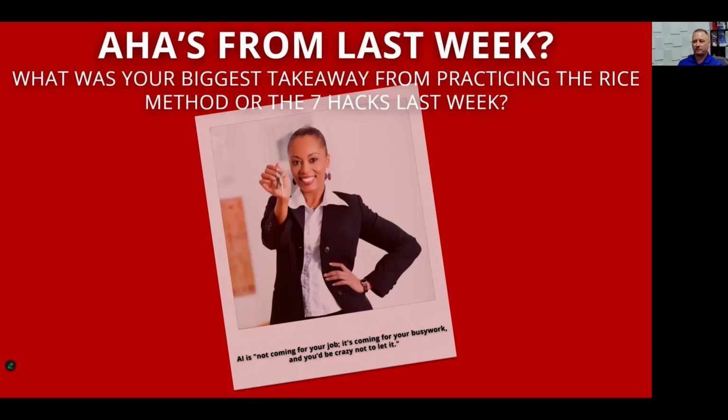Sometimes, especially if you're going to write them all out long like this, again, we're going to go into some future stuff, not today, but on October 7th, we're going to be starting the 202 level classes, and we're going to go into some stuff that will help with that. So you don't have to write this stuff over and over again, especially within the RICE method. We're going to show you how to work within different folders and different GPTs. I just want you to make sure that you understand how to do this stuff and why you're doing this stuff ahead of time. We're going to layer on top of that.